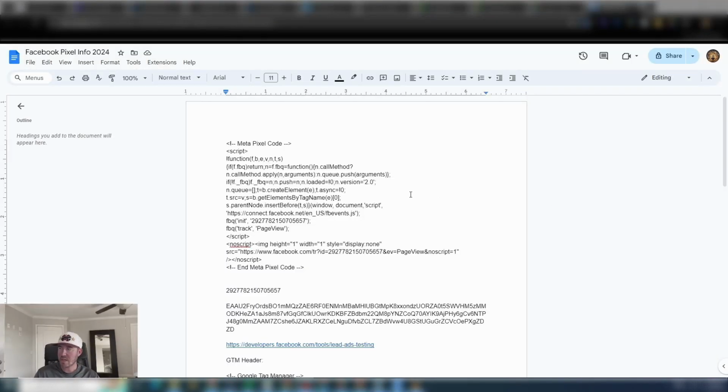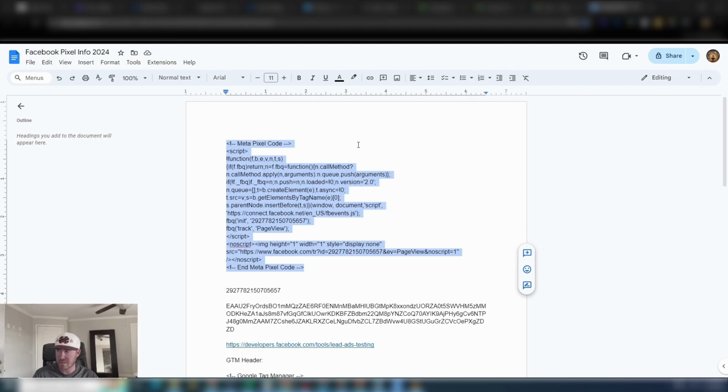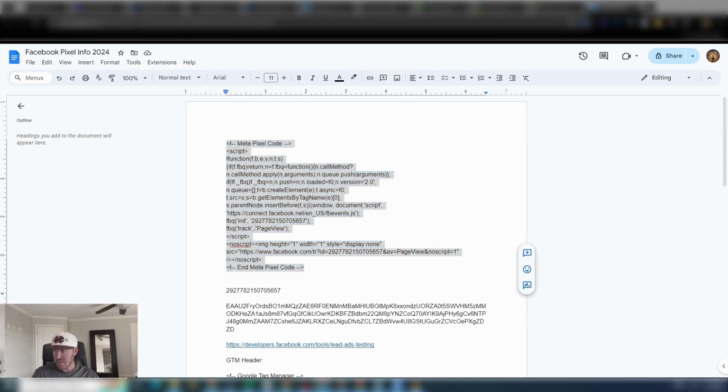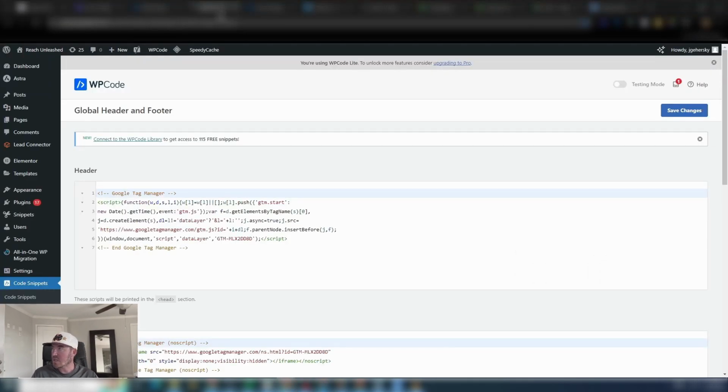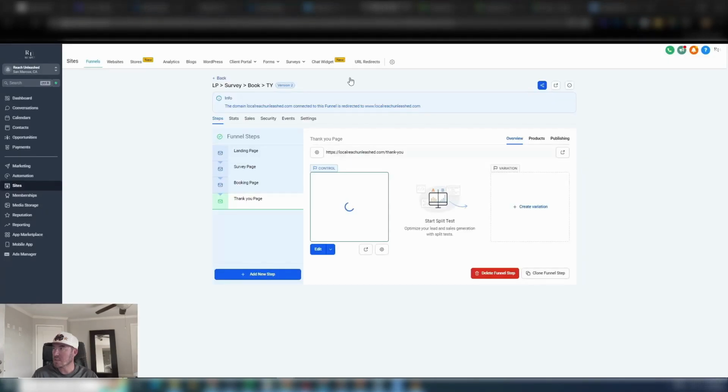All right, so now we're going to set up the Facebook pixel code within a GHL site, right? So if you have a funnel running and you want to set everything up properly within GHL, we're going to do that by copying the Meta Pixel code. We're going to come over to HighLevel, right? And now let's say this is a funnel that you're going to use. So you have a landing page, let's say you have a survey page, then a booking page, then a thank you page, right? Well, if you want to track as they're going through all of these pages,